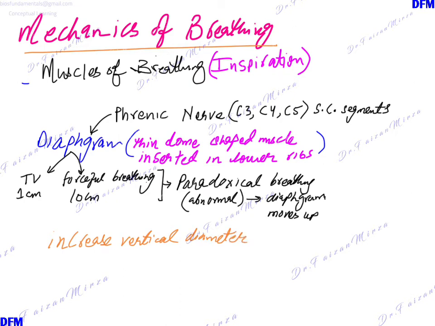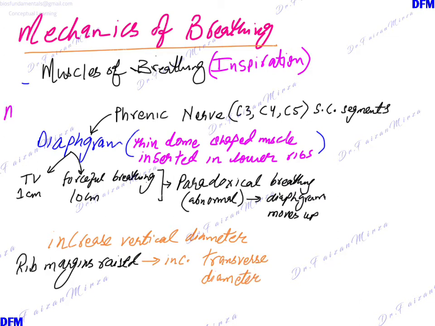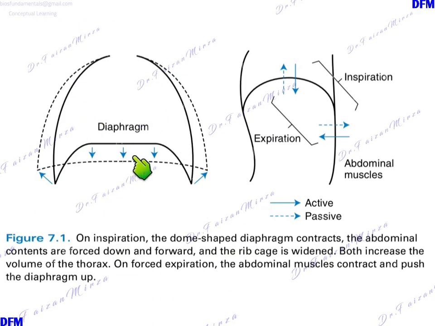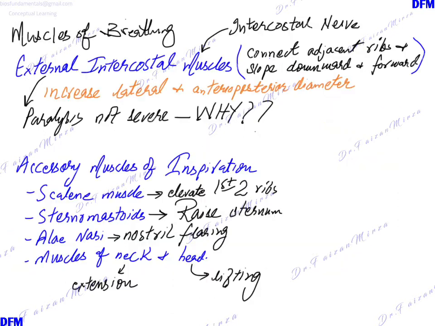The normal way in which the diaphragm moves downwards when you breathe in increases the vertical diameter of the thoracic cavity. The rib margins are raised. This increases the transverse diameter of the thoracic cavity as well. And you can just picture this, that when the diameter of the thoracic cavity is increasing in these directions, the volume is increasing. The volume increases, and when the volume increases, the pressure lowers, and following Boyle's law, the air moves in